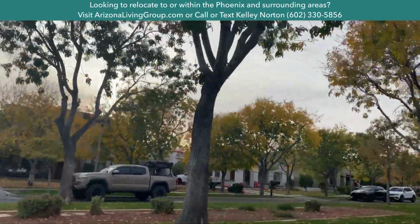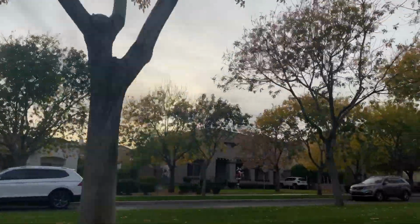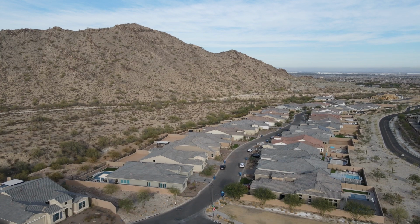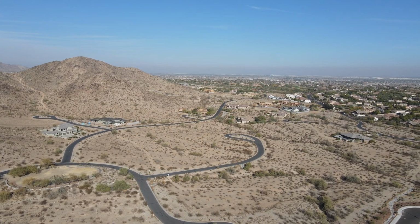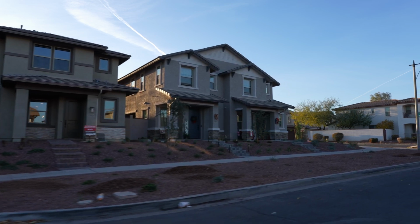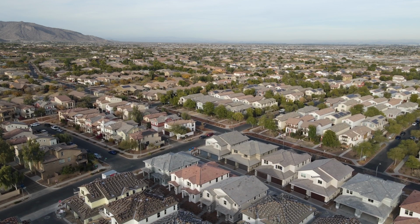And Verrado is one of those areas that people absolutely love the minute we drive them into the community. Yes. You have tree-lined streets, you have this cute, adorable little downtown area. But for most folks, you'd have to be in that 500 range all the way up well over $1 million as the price ranges in here. There's even multi-million-dollar hillside acreage properties, custom homes. There are homes that you can rent out here, but this option today is going to be something you can purchase. Yes. So today we are at Richmond American, and this is called the Urban Collection, and these homes are